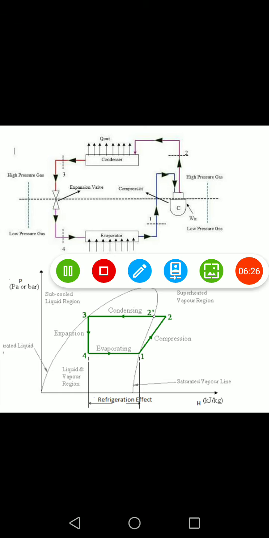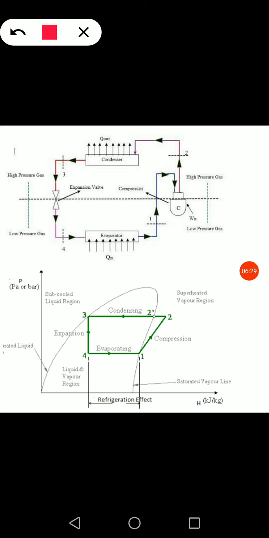Now once this refrigerant enters the expansion device, the expansion process will be carried out. The expansion process is carried out at constant enthalpy, which means it is also called an isenthalpic process, where the enthalpy of the refrigerant will remain constant but the state of the refrigerant will change. That is, during the expansion process the pressure of the refrigerant will decrease, and here we can say by process 3 to 4, as the pressure decreases, some of the liquid refrigerant will get evaporated and converted into a vapor